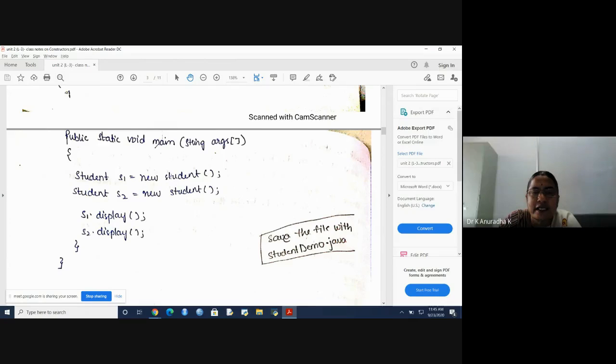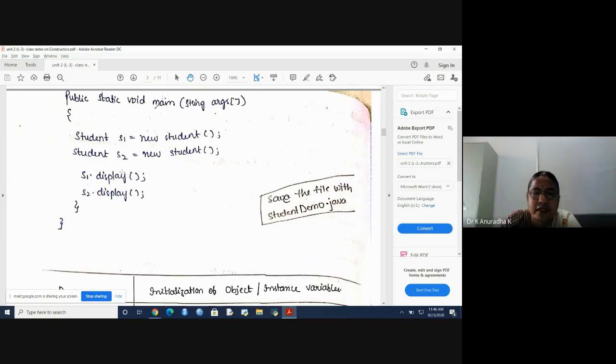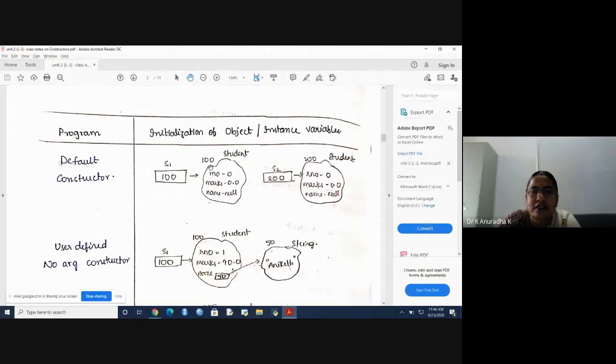Okay. After creating the object, the address of that object is assigned to this reference variable S1. Here I will show you. So the student class object is created and each and every object has a unique address in Java. Let us take the address of this object as 100, and that is assigned to the reference variable S1. Okay. After that, inside each object of the student class,